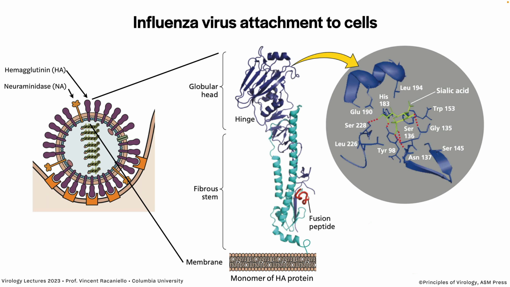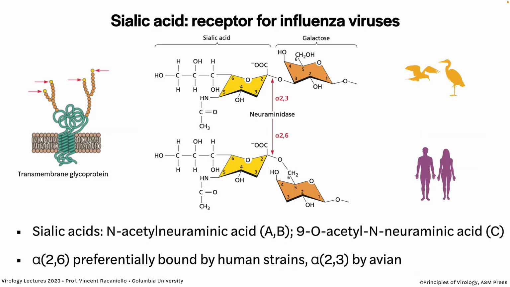It's a sugar that's typically attached to glycoproteins, and so the virus binds to that sugar, and the sugar can be on any protein pretty much. Right? So sialic acid is the receptor. And so here is sialic acid. There are two kinds of sialic acid shown here on the top and the bottom. Sialic acid is the moiety on the left here, and then on the right is the second sugar to which sialic acid is attached. So this is typically part of a